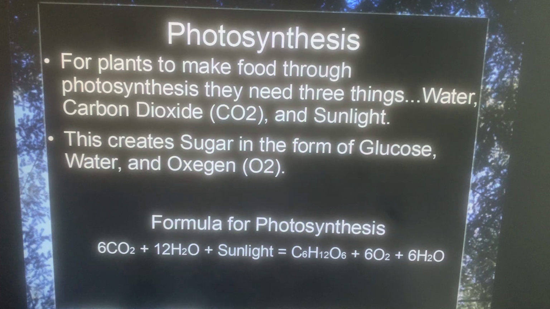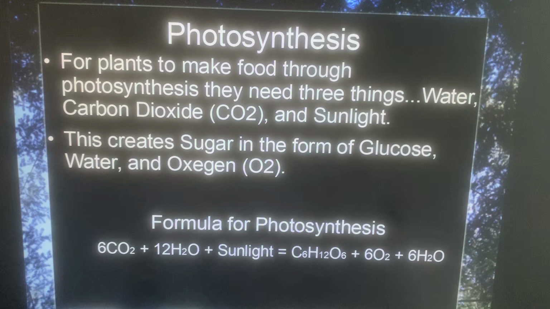All right, so let's go ahead and talk about the formula for photosynthesis. It looks like a lot, but basically it breaks down like this. 6 CO2 is just carbon dioxide. It's what we breathe out as human beings and as animals. Plus H2O, which is water, needs 12 molecules of that, and plus sunlight. Some plants can substitute sunlight for regular light, but in most cases, plants need sunlight to survive. Some plants just don't do well inside. If you ever had a house plant that was meant to be outside and it's dying, it's probably because it